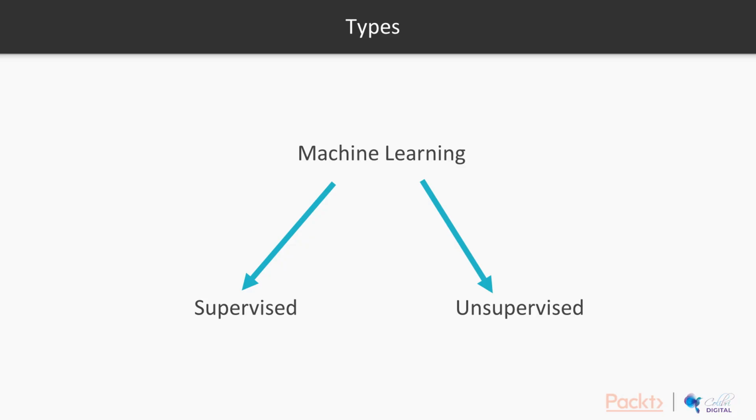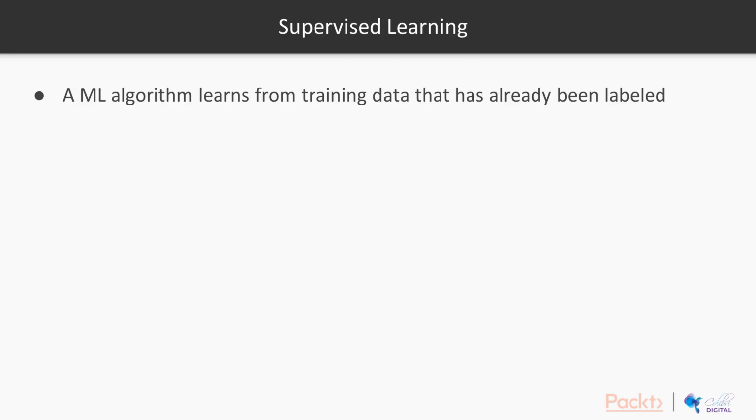In machine learning, there are two major types of learning algorithms, and they are supervised algorithms and unsupervised algorithms. Well, technically there is one more called reinforcement learning algorithms, but we won't be going into that in this course. So what is supervised learning? When a machine learning algorithm learns from training data that has already been labeled, it is termed as supervised, because